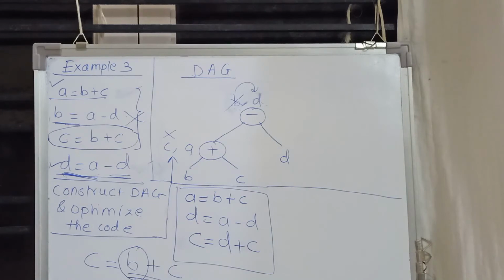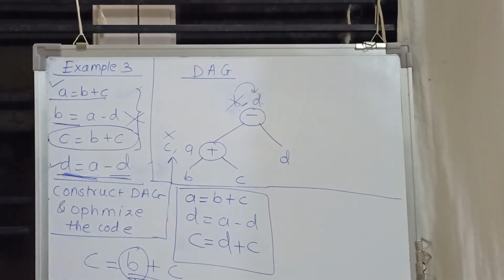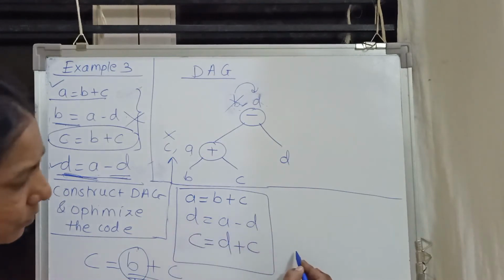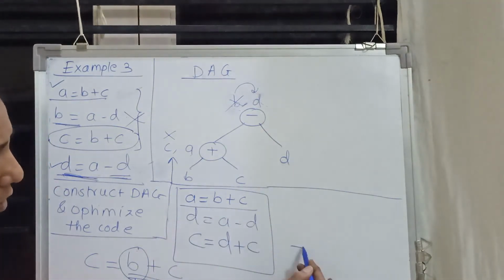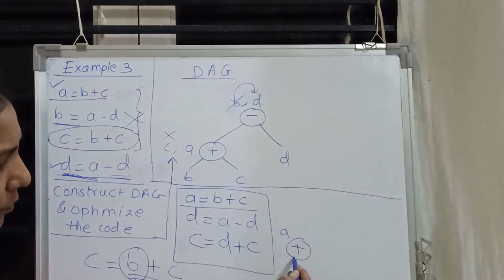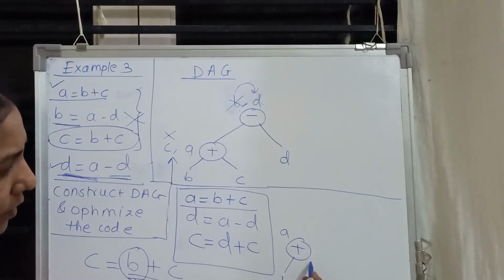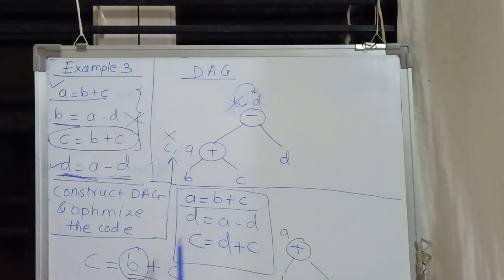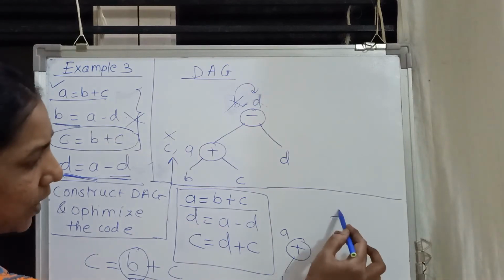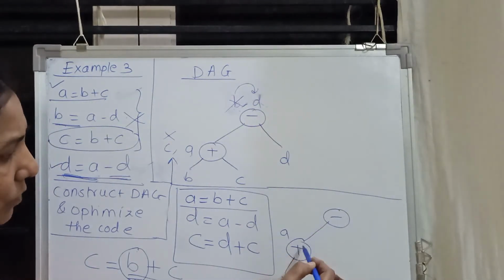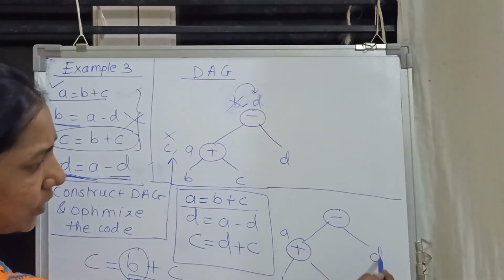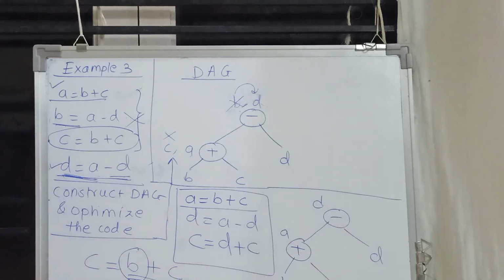In the previous video lecture I have explained the very simple optimization, but in this lecture we have some different optimization. So let us again draw the DAG. So first of all, for this particular instruction, this is the plus A, then here we have a B, then here we have a C. Next one, D is equal to A minus D. So minus node is added. Now A's value is coming from here, D is again added, and here we have given the name as D.